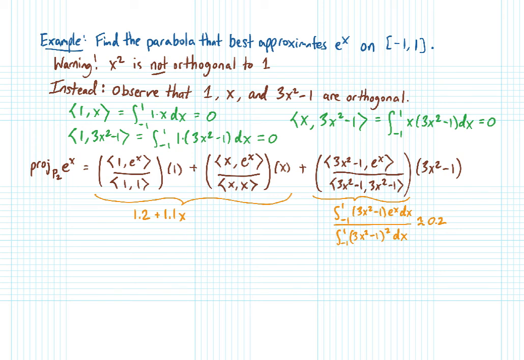And then when you do those calculations, what you end up with is 0.2, rounded to 1 decimal point. And so then you can put that number in and simplify the expression. And what you get is 0.6x squared plus 1.1x plus 1. And so that's the equation of the parabola that best approximates e to the x on the interval from -1 to 1. And again, I recommend that you graph this and observe that it does do a pretty good job